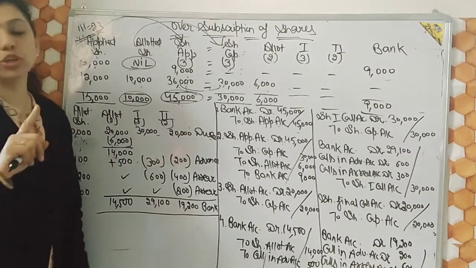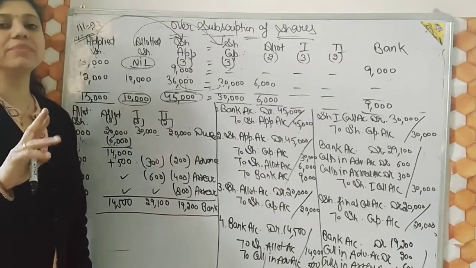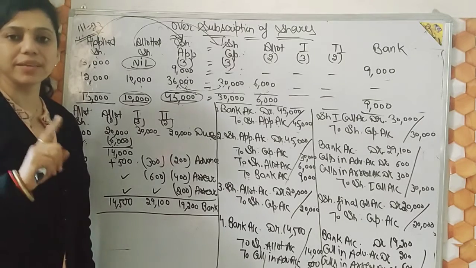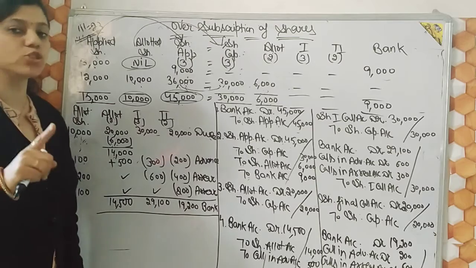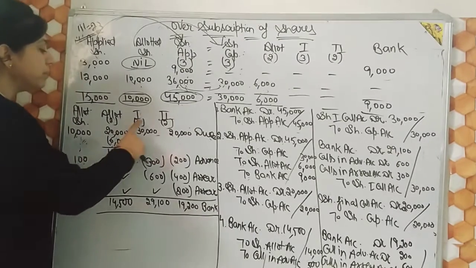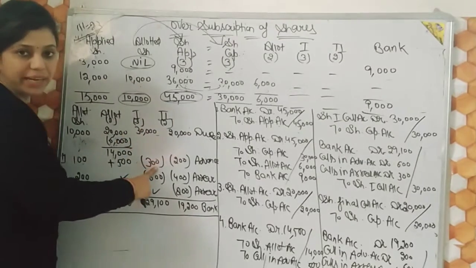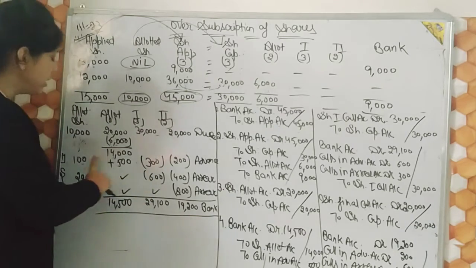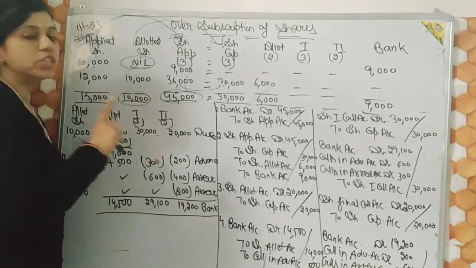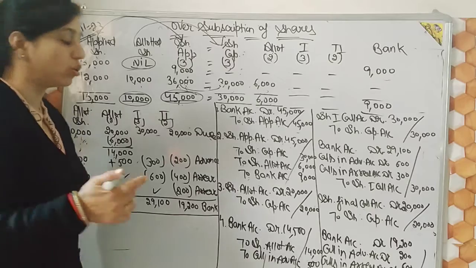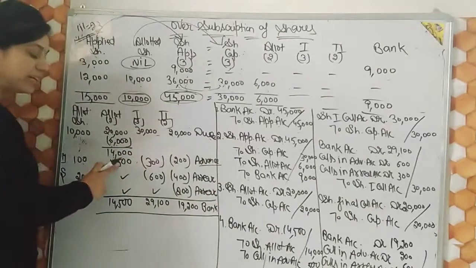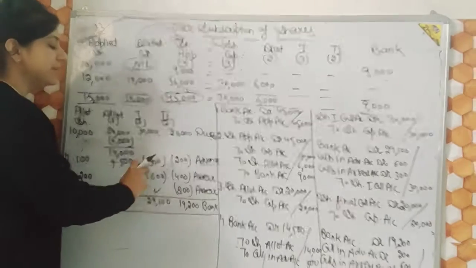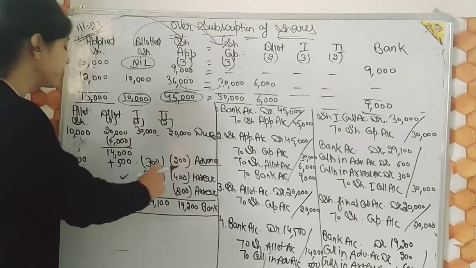Because as I told you yesterday, calls in advance has two treatments. When it is received, then it should be credited. And when its due time comes, then it should be debited. So 100 multiply 3, 300 should be minus at the time of first call. 100 multiply 2, 200 should be minus at the time of second call. Don't forget to write here advance. Plus at the time of receiving and minus at the time of due.